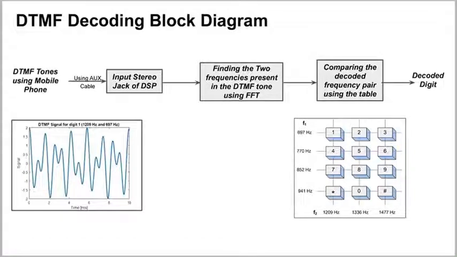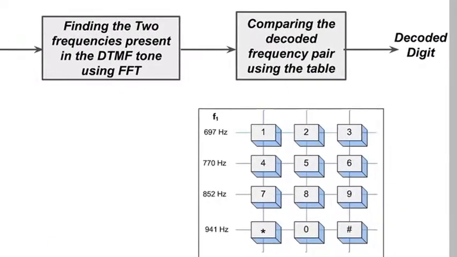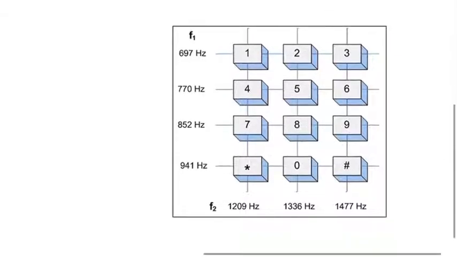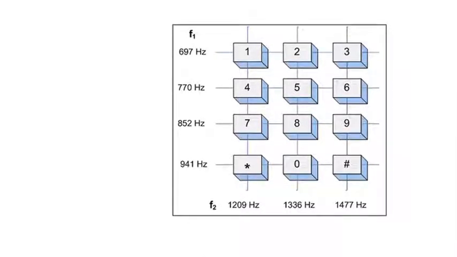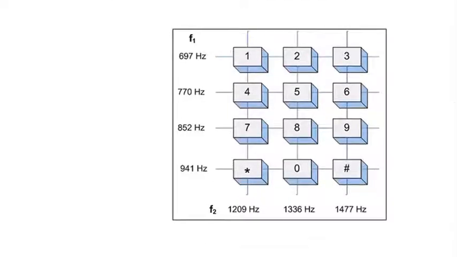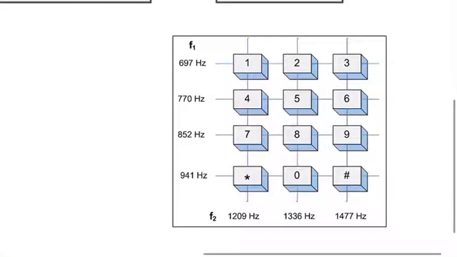Now, rather than how they are generated, let's look at what DTMF is and where it is found. In mobile phones, whenever you dial a number on a keypad, for every digit you could hear a unique tone. So they are the DTMF tones. For example, number 1 is composed of two sinusoidal frequencies of 697 Hz and 1209 Hz. Similarly, number 5 is composed of 770 Hz and 1336 Hz.